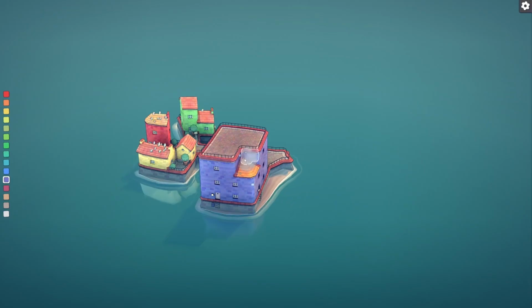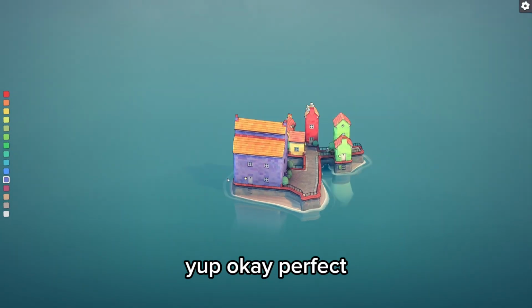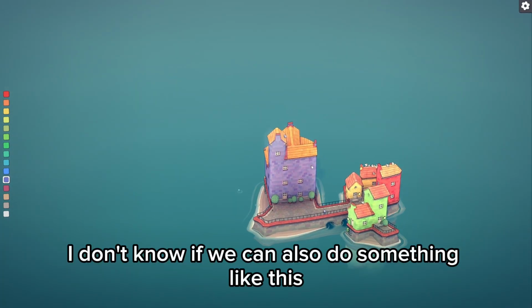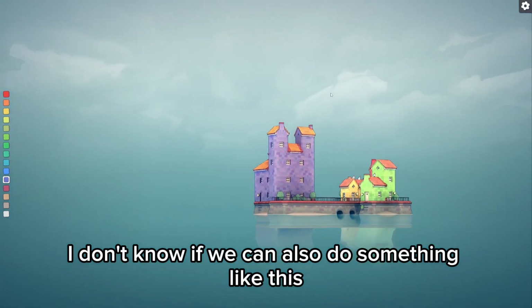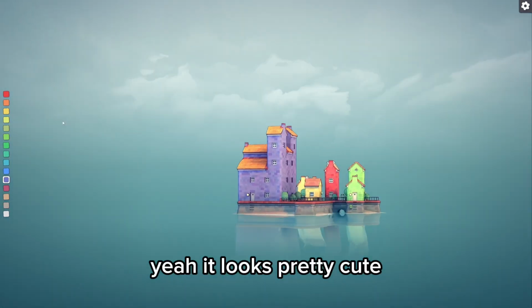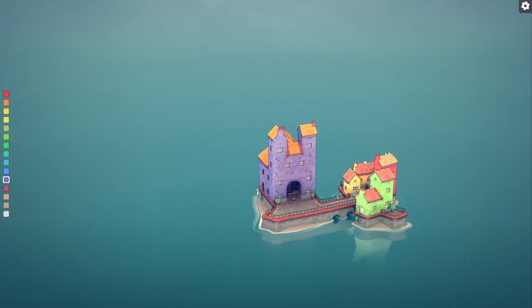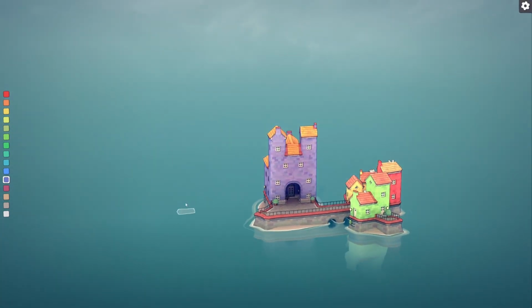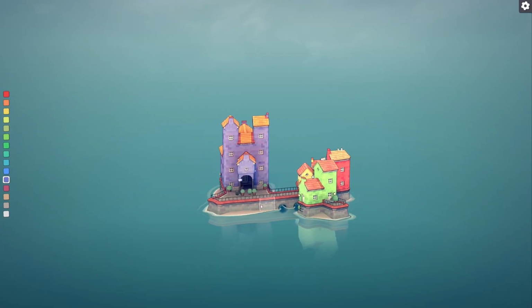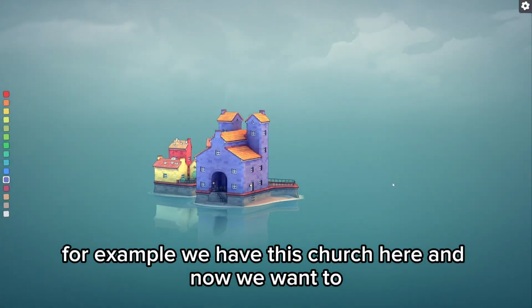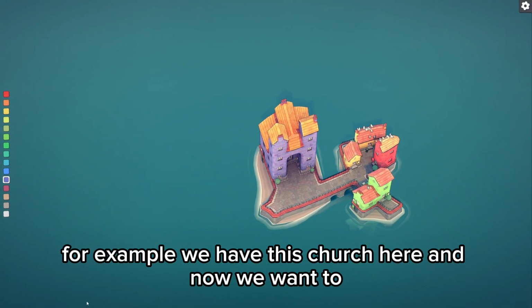Yep, okay, perfect. So we have this kind of church. I don't know if we can also do something like this. Yeah, it looks pretty cute. Okay, so basically, for example, we have this church here, and now we want to